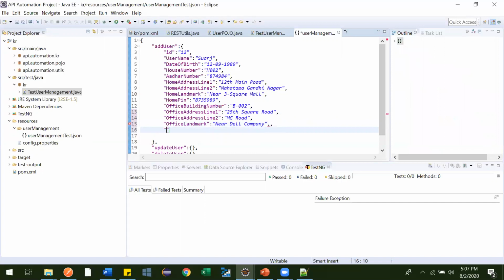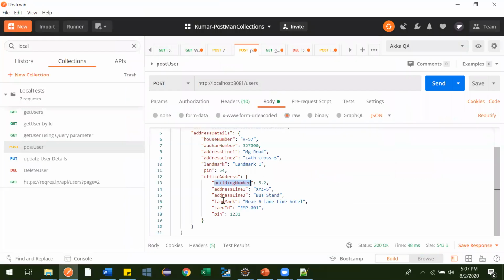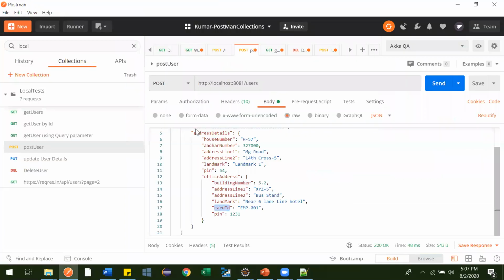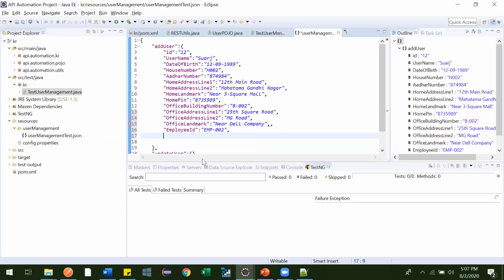Then what is the next one? Address done, landmark done, then card ID, right? The employee ID. And what value we can give? EMP002. Now the next one is pin.